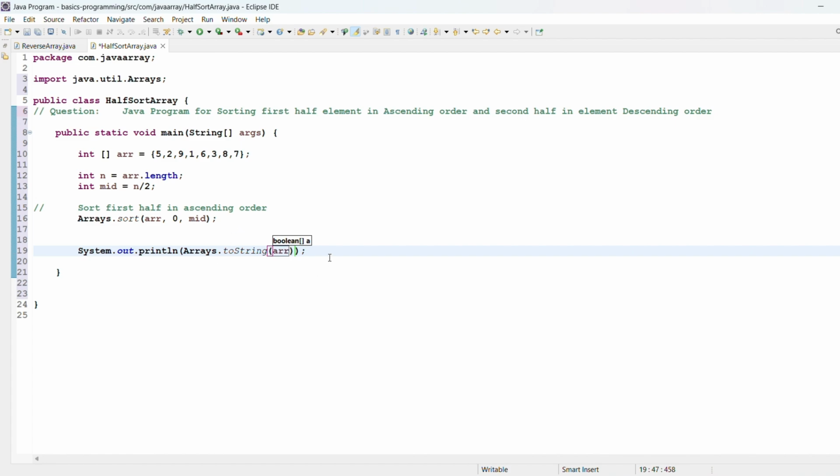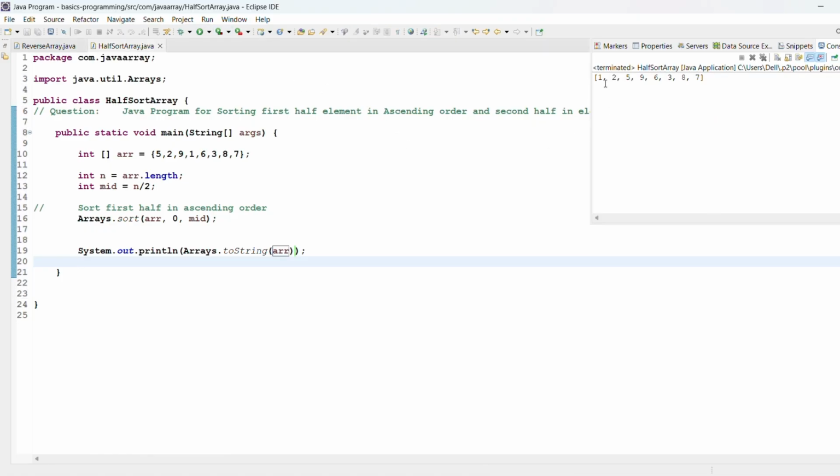Okay, let me run it and see what we are getting in the console. See, we are getting 1, 2, 5, 9. This is the first half of the elements, printed in ascending order. Now what we have to do is set the last half of the array in descending order. So for that,